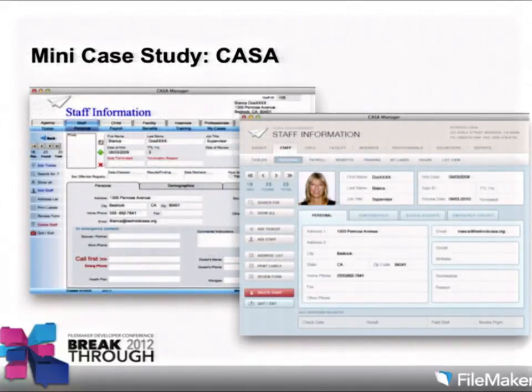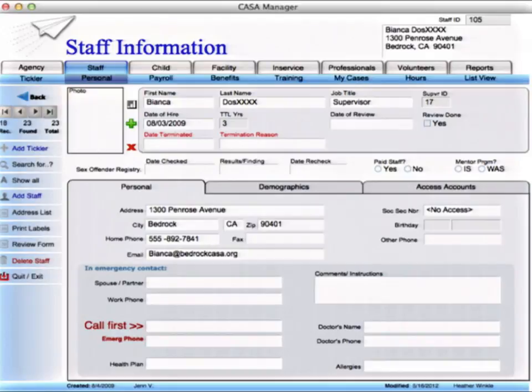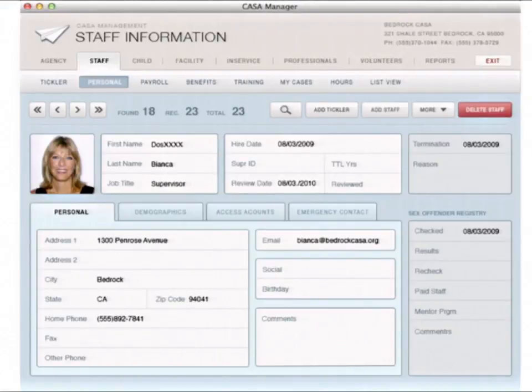CASA was submitted, and you might remember it from last year's closing. And this is a really interesting one to look at. So here's the before. And the people who use this get so much work done in it. But there's a lot going on. There are a lot of colors and sizes. And so we did just a quick visual makeover on it, just to reduce the amount of color and